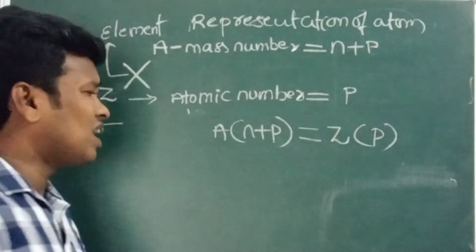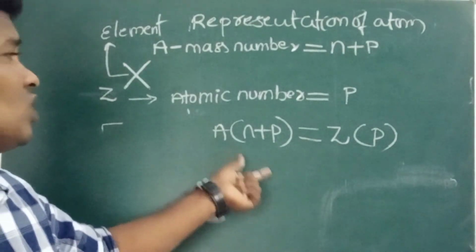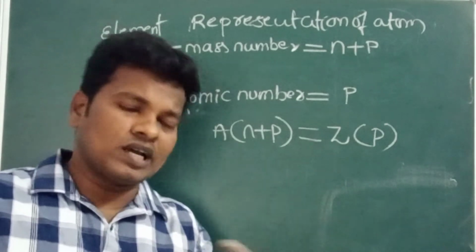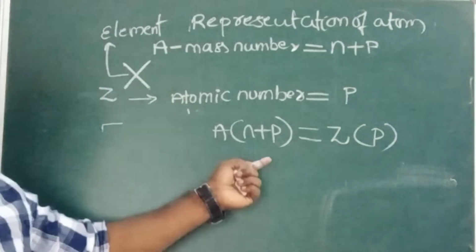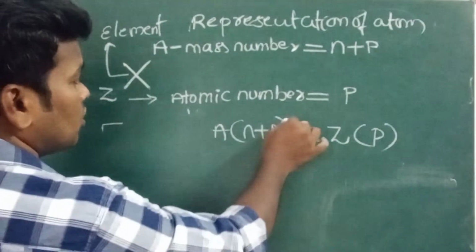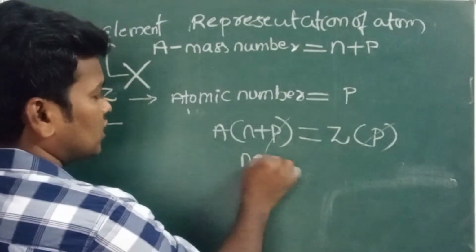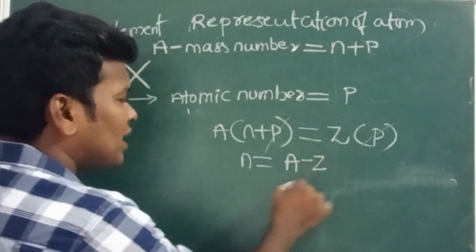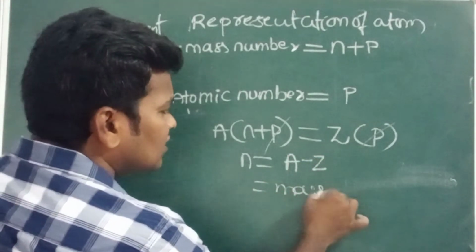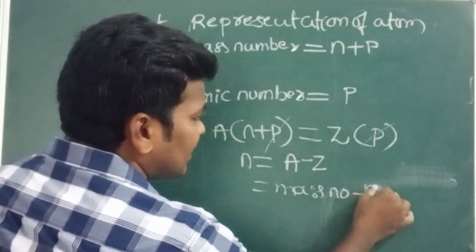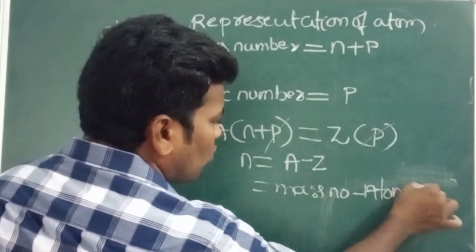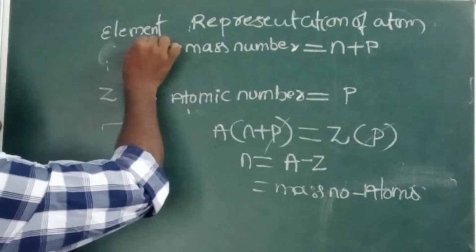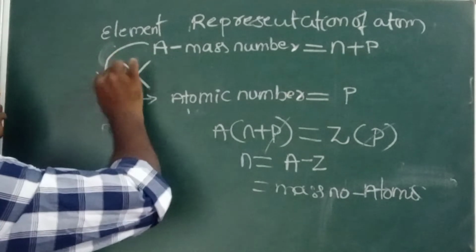Okay. I want the neutron number. I want to know how to calculate the neutron number, because the electron number we know and the proton number we know. If you look at the neutron number, the protons get cancelled. So it is nothing but A minus Z: mass number minus atomic number. You will get one number, and that is called the neutron number. That means we just subtract the atomic number from the mass number.